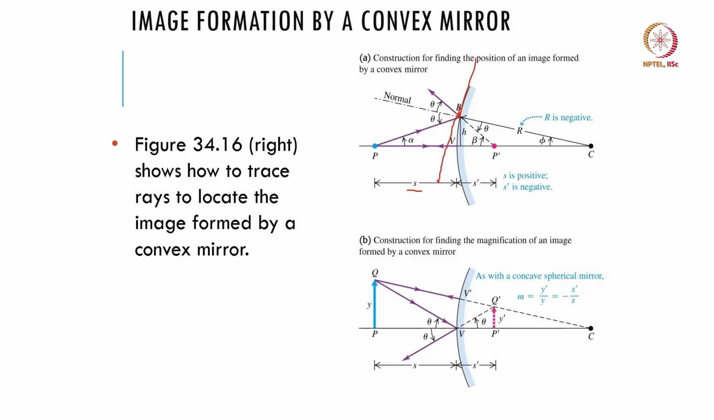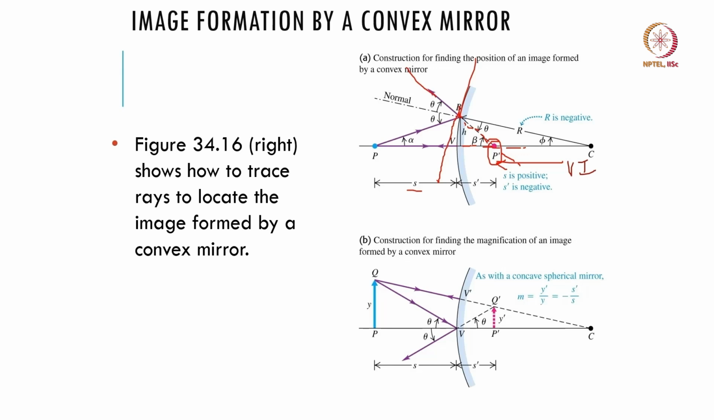Assuming the tangential line at point B to be similar to a plane mirror and using the laws of reflection, we get the reflected ray. Now extending this reflected ray back, extending both the reflected rays back, both of them intersect at point P dash, which is where the image is formed. Since the reflected rays are not passing through the image, it is a virtual image. Now looking at the geometry of the ray diagram,